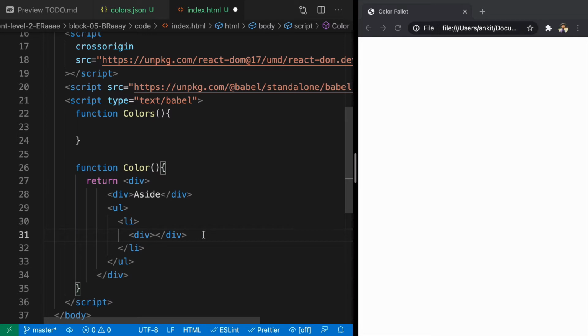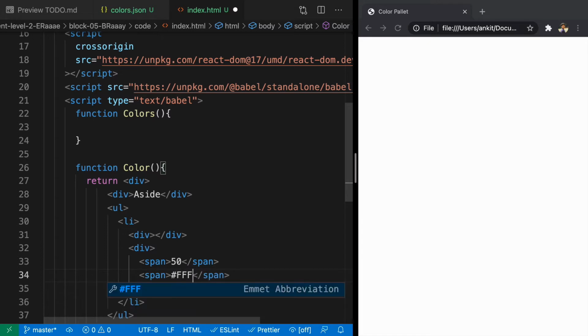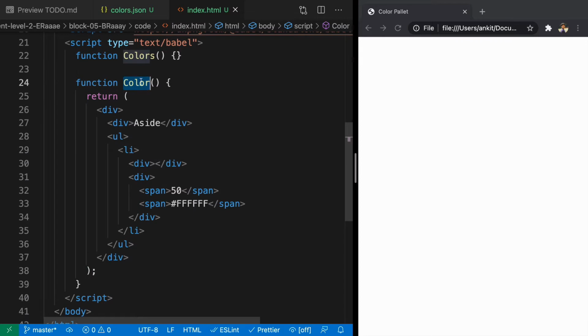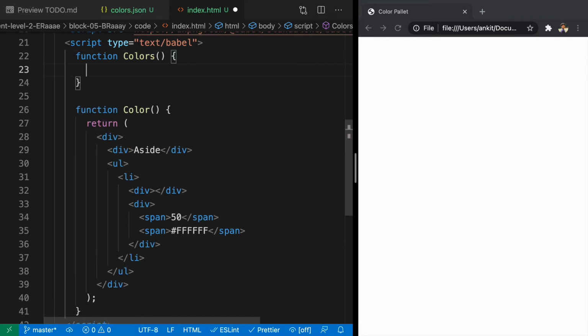This div will be responsible for displaying the rectangle color, and here we'll have another div. Inside that, we'll have two different span elements. The first span element will be holding a value like 50, and this one will be something like hex FFFF. We need to style all of these things, but before that, let's go ahead and call the Color component inside Colors.